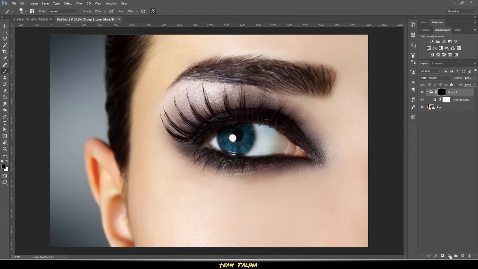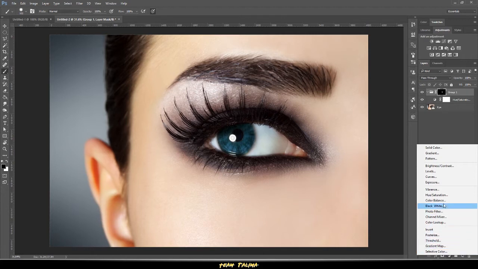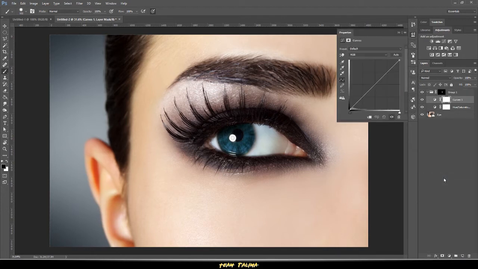Now there's something else we can add if we want to brighten the eye further. So we can come down to our adjustments menu again. We can go into curves, and we can right from the center here pull up, and now you can see we're really brightening that eye. You could also darken it if you want to. Usually you'll want to brighten it up a little bit. If the line in your curves is straight, that means there's no change happening. But if we bring it up just a little bit,